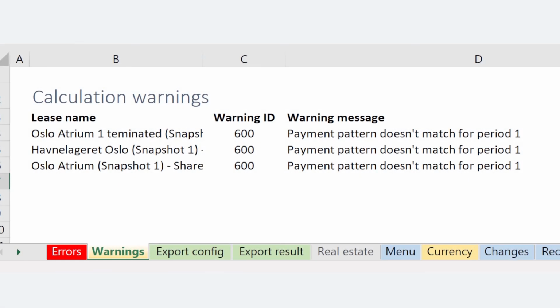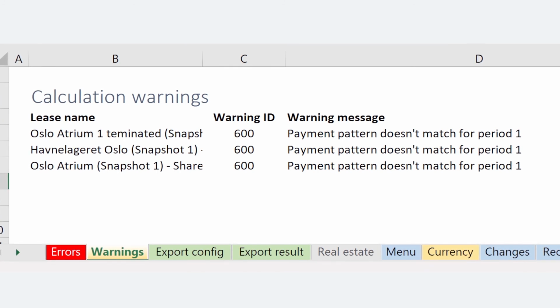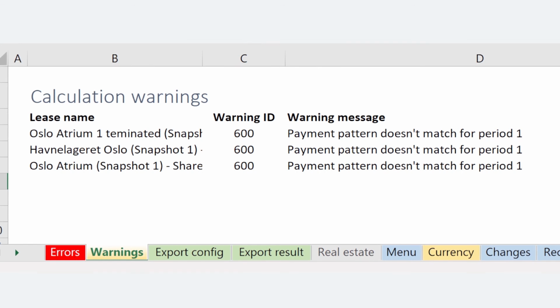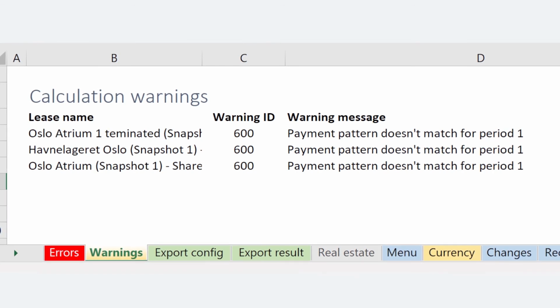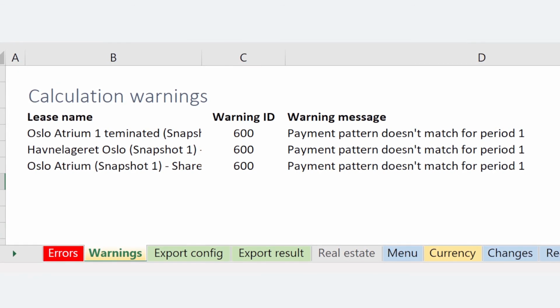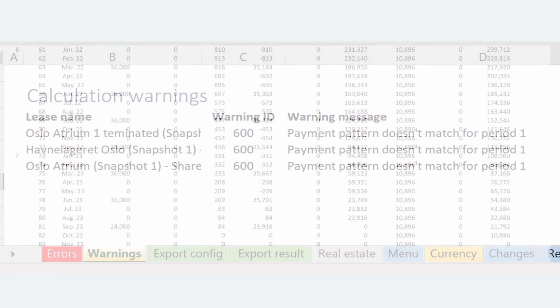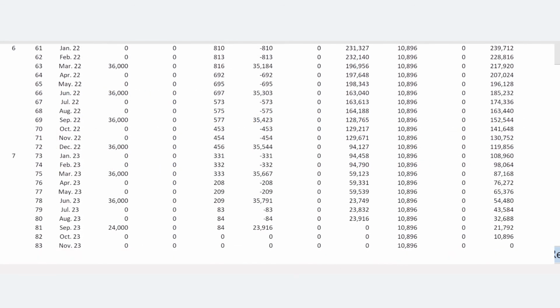Warnings give information about data in an agreement that is wholly or partially rejected because the data is inconsistent. It is recommended that such warnings be carefully reviewed and contract data updated. An example is that if the periods are not